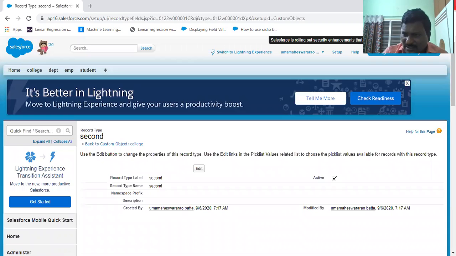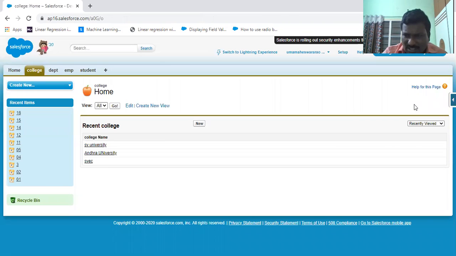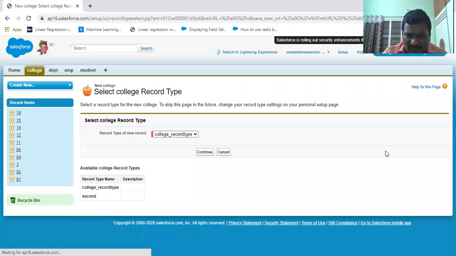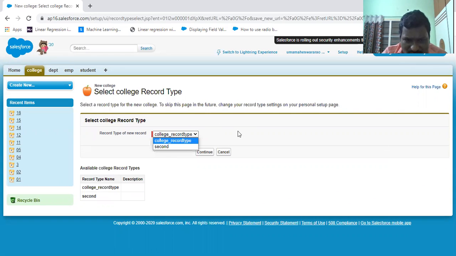Let's verify this. Go to the College tab and click New. It will ask which record type you want for the new record. You have two types. One is the College record type; choose it and continue.